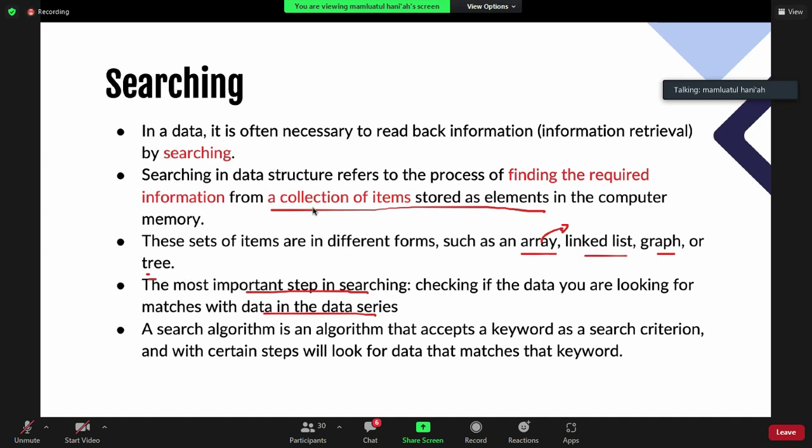Okay, and with certain steps, we look for data that matches that keyword. So there is a keyword, and you look for data that is the same as the keyword, in an array or linked list or array of objects.